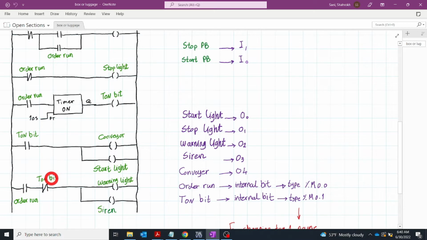That means during the 10 seconds, the power passes through both of them and fires the warning light that you have and also the siren that you have. So during that 10 seconds the warning light is on and the siren gets power, and you have this alarm. Now see what happens after that 10 seconds. Whenever the 10 seconds is over,